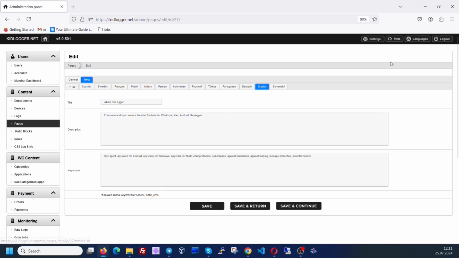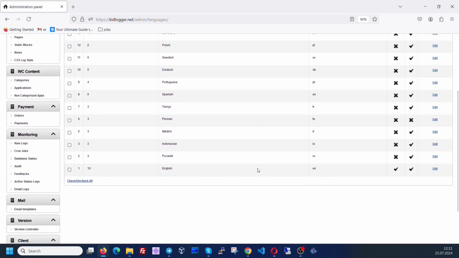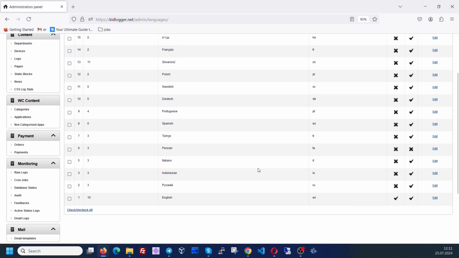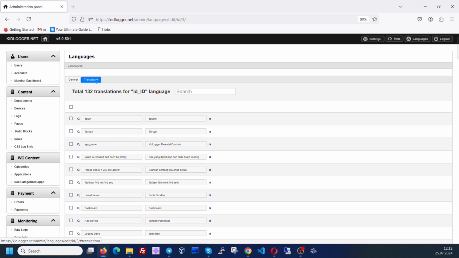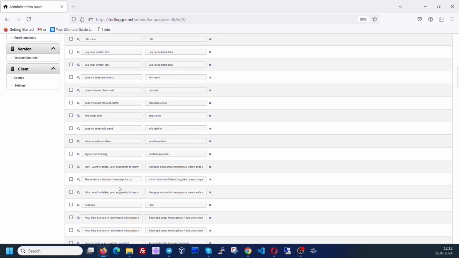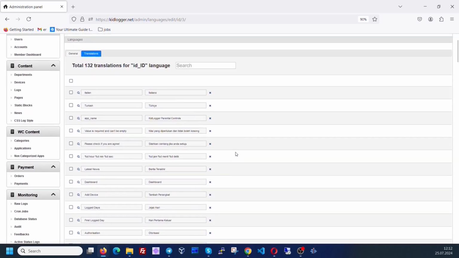On the languages page, you can add or remove languages in which our site is translated. For example, we can modify a language by adding a sentence to translate our server into this language. In the left part, we write the sentence in English. In the right part, we write the sentence in the target language. The English sentence will be replaced during page creation with the sentence in the other language. That's all for the administrative part of the KitLogger.net site.